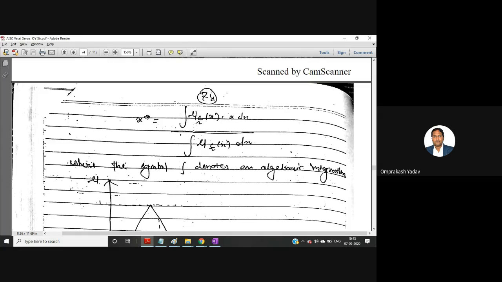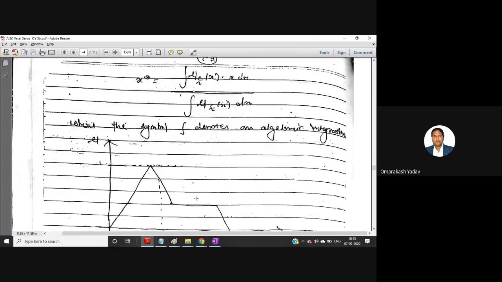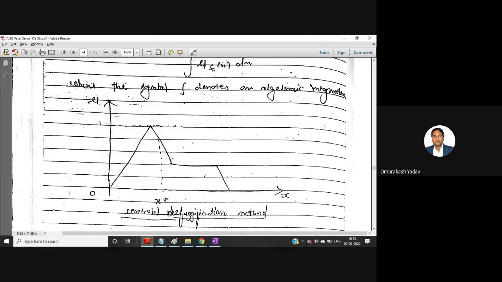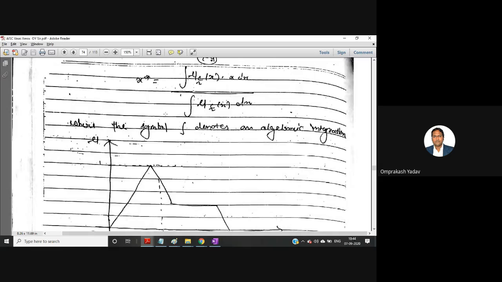We can just take one cross sectional part, multiply by the x, and integrate it. Otherwise, the second method is that we can simply calculate the area of each part, and calculate the x bar for that particular area. We multiply, sum it, and divide by the summation of all the areas. So in short, we'll be able to determine this centroid. Okay, I hope now it must be clear to you.